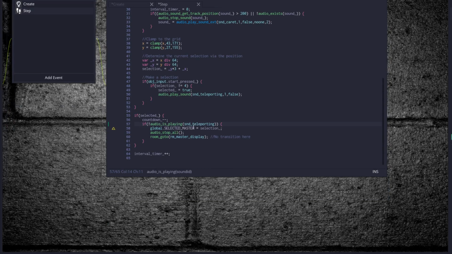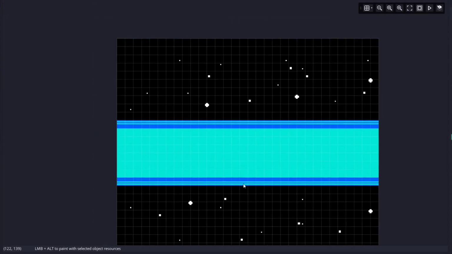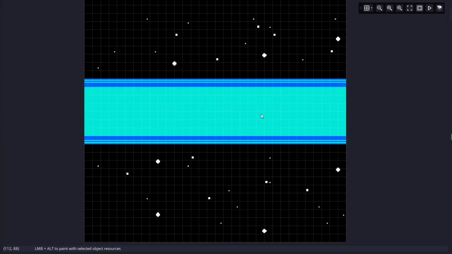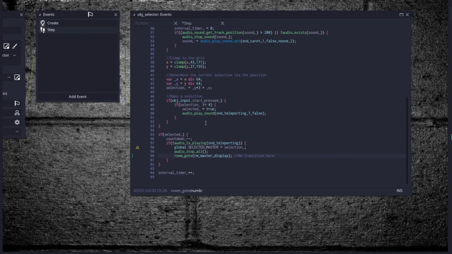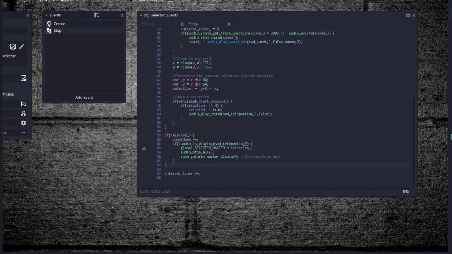Then if the audio is not playing sound teleporting, so once the teleporting sound stops, then global.selected master is equal to selection, audio stop all, and room go to room master display. Room master display is this room where the master displays itself. And we'll deal with that in a little bit. Well, we'll deal with that next episode. So now that all this stuff here is done,